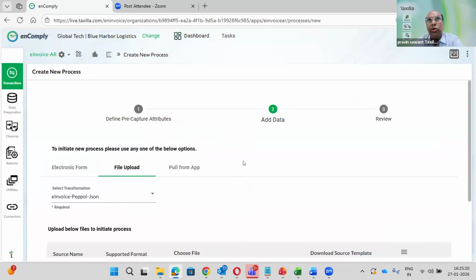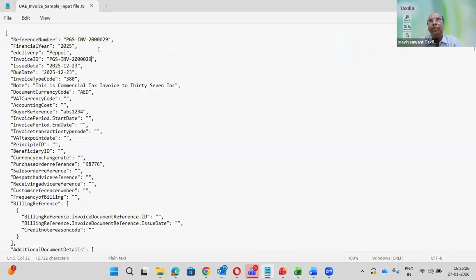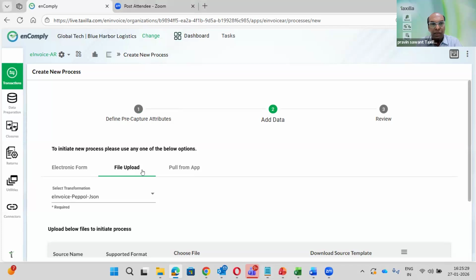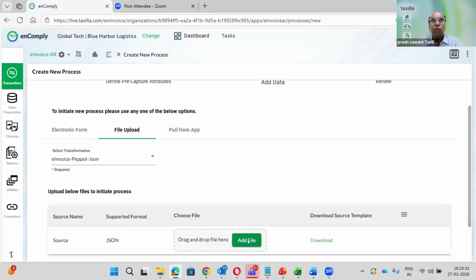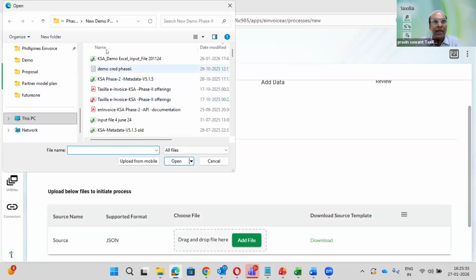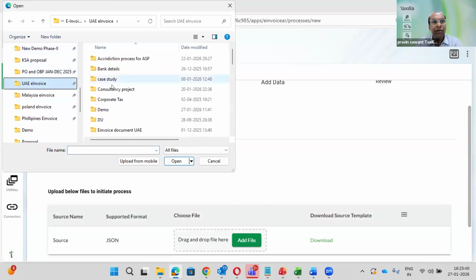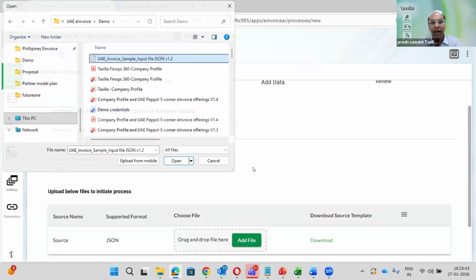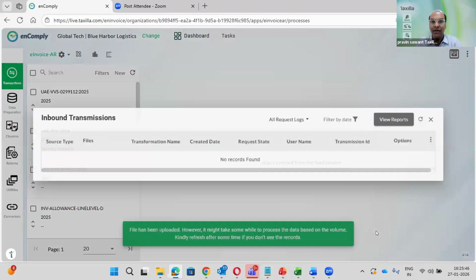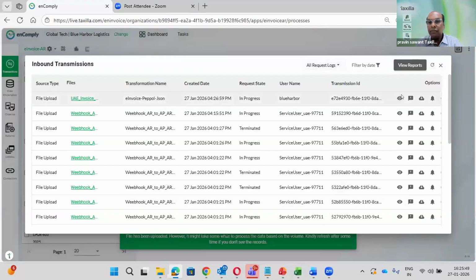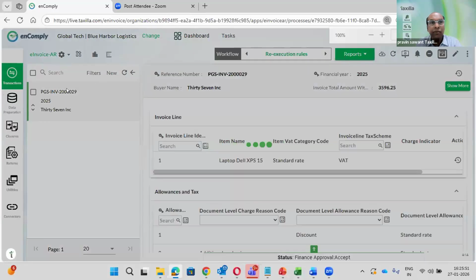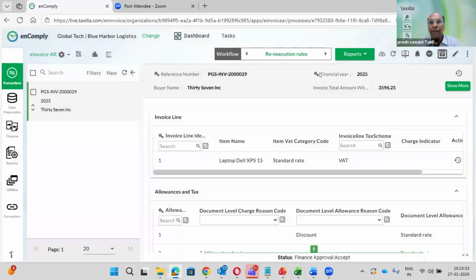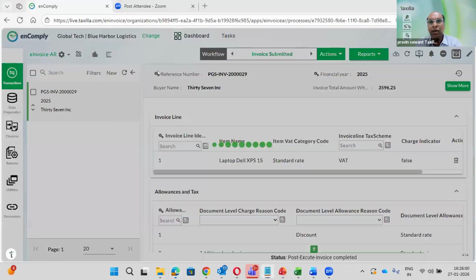Now, to show you the complete process flow, I am going to upload this particular invoice on my platform here. So consider the flow like this. Once you generate an e-invoice, or a normal invoice, in your ERP, after that the data will come immediately to my system like this. So here I am initiating the process. Okay, so here you can see 209. So this is the 229 invoice number.